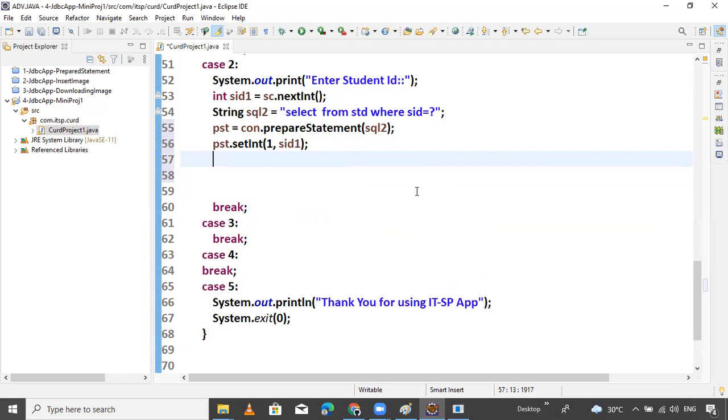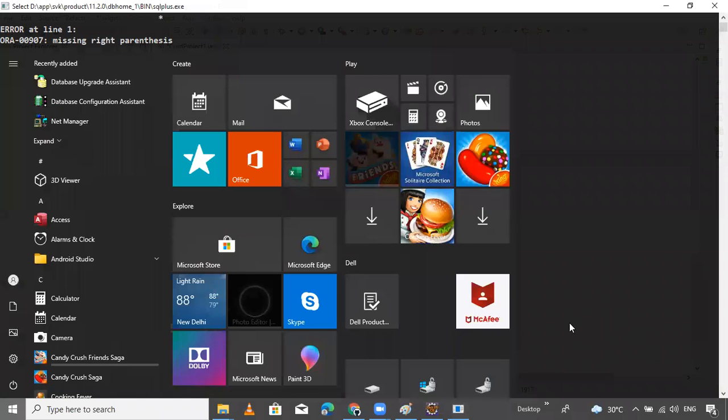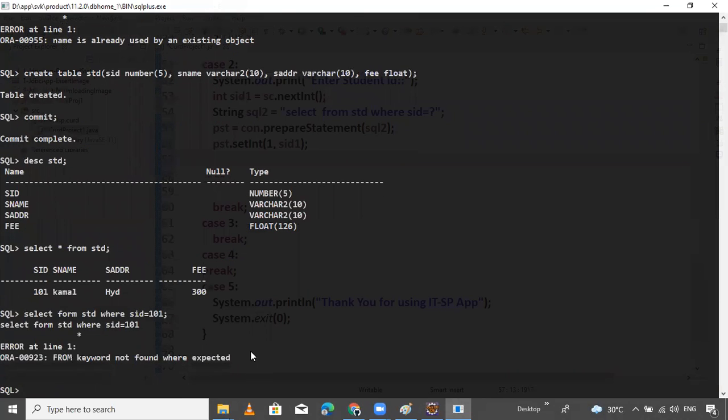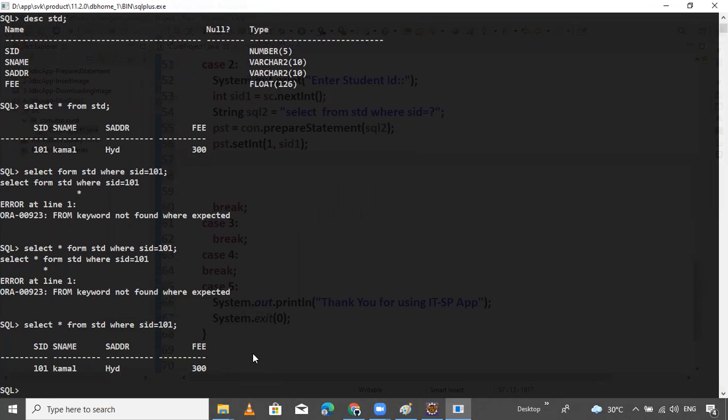Which type of query are you executing? One minute, let me check one thing. Select from STD where SID equals 1.